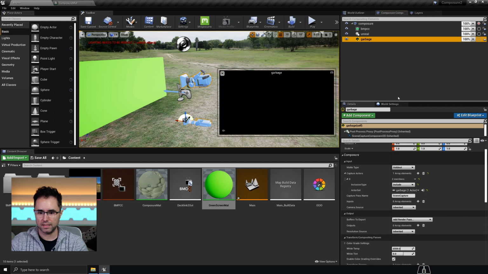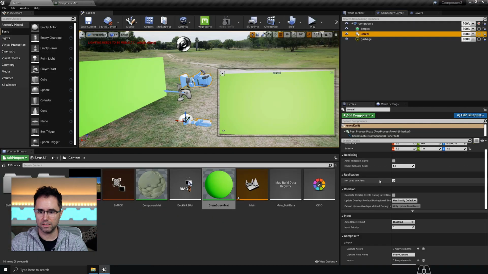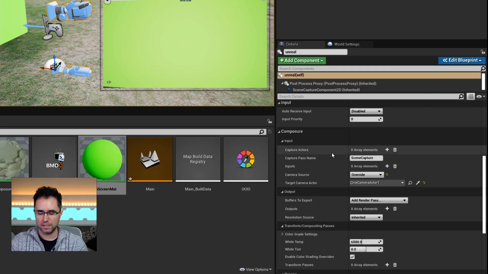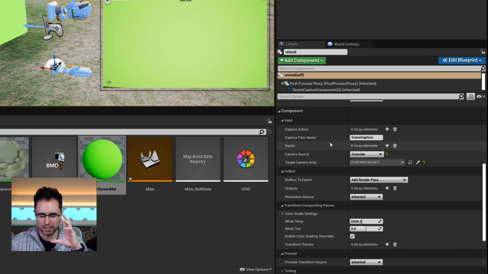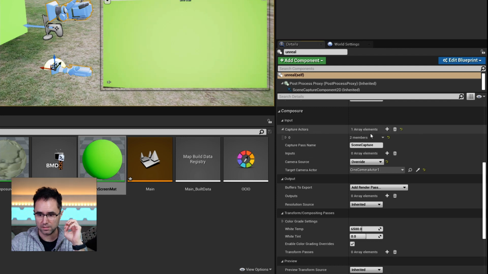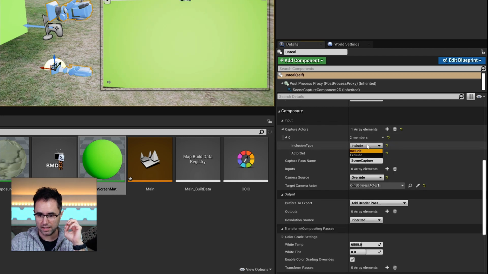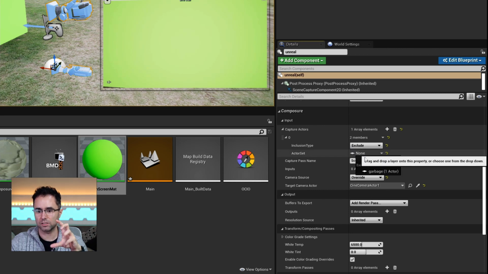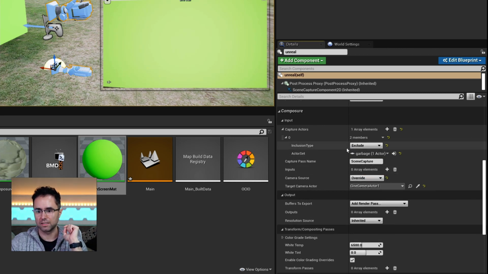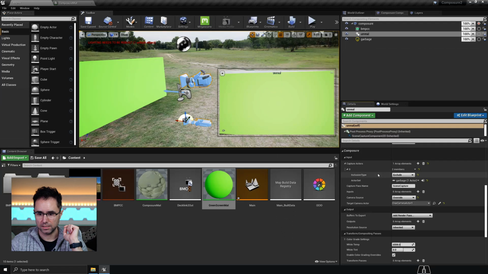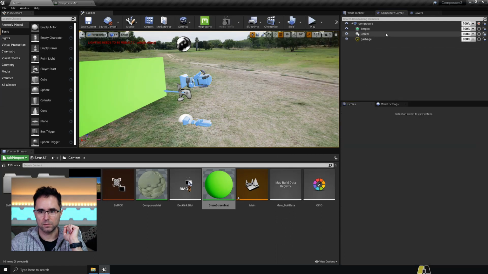And then if I go to here, the CG camera, the camera's looking at the green screen. That's not what we want. So if I go to capture actors, and then now instead of include, I say exclude, same garbage layer, it should have,